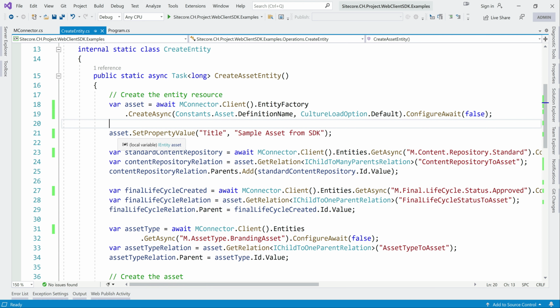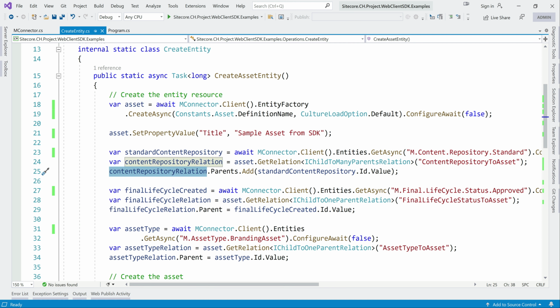Next we have the asset property values. We are setting all those mandatory fields, where a property value is title, and we are fetching the standard content repository by passing the identifier and getting the ID. Then we are setting it for that.